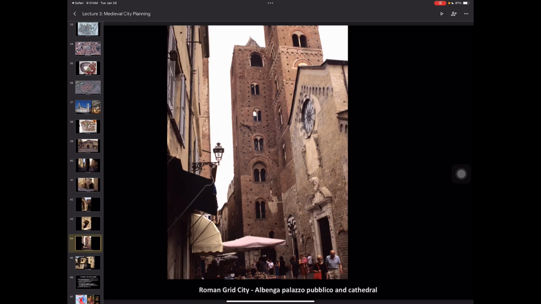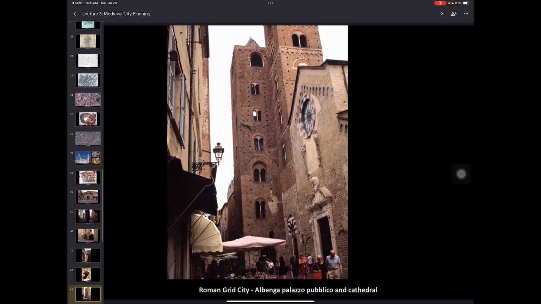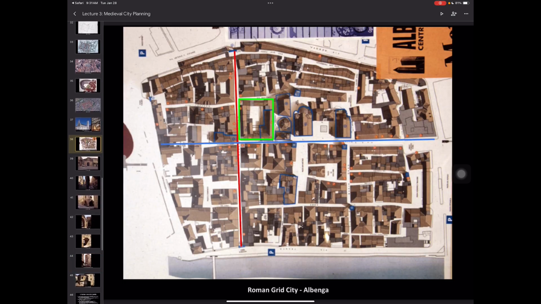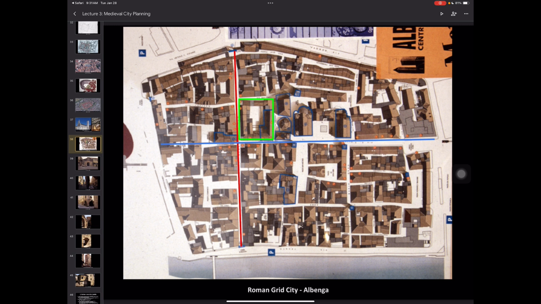Now I do want to go back really quickly because I want to show you what's going on in the center. The easiest way to do that is by looking at the map itself, right? So we talked about our forum, right? Our forum would have been here, and you can see today that it's fragmented, it's been broken up into different apartments, but that originally this would have all been one united donut like we see in the gray, right? And that would have been our original city square.